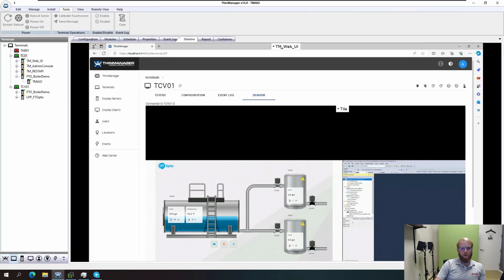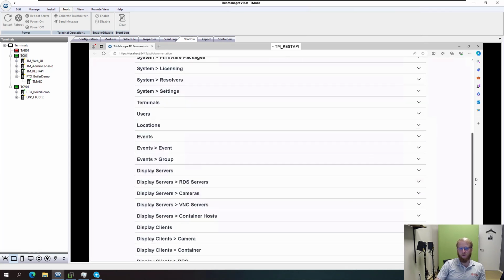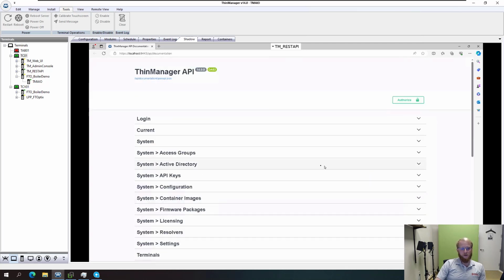So if I go to my terminal here, I'm going to go to the REST API. And this is what the new API looks like. And you'll notice if you scroll down and compare it to an older version of the API, that the list this year, this version of ThinManager, is shorter than it was before. And that's because we got rid of the sections